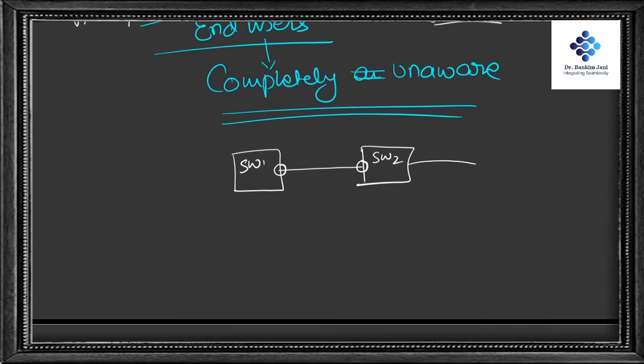But when the user is connected, from this point onwards the entire VLAN information is stripped off. So the user will never know that they belong to